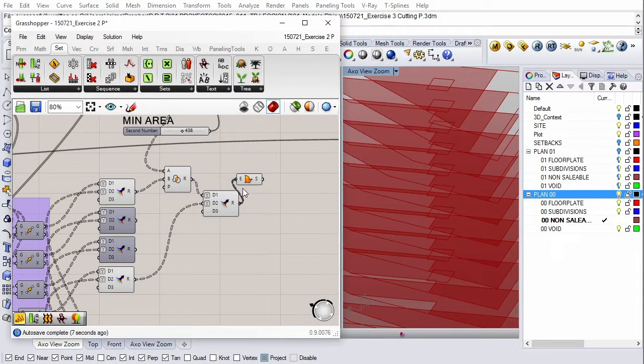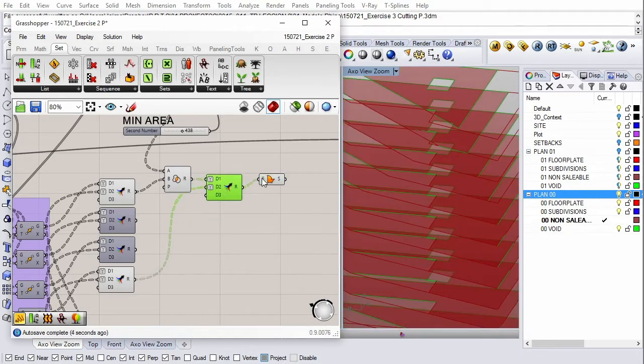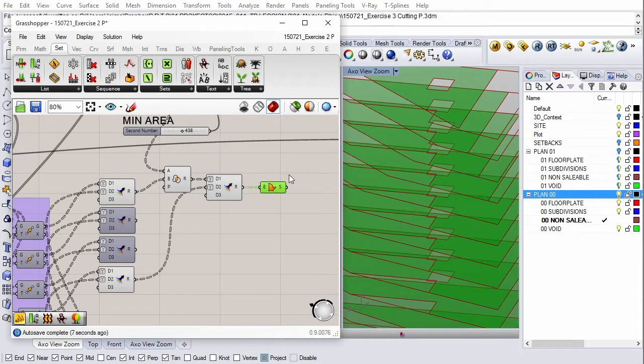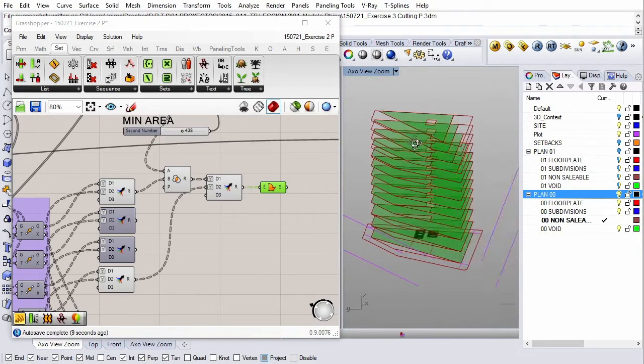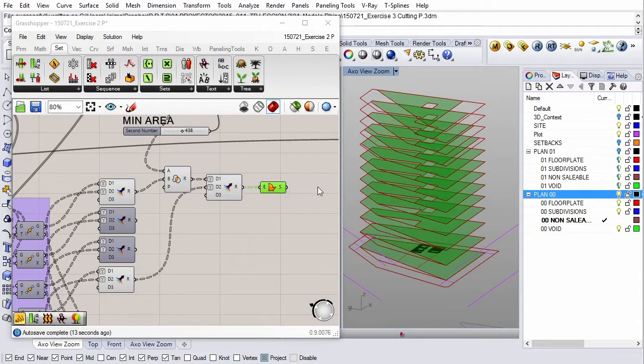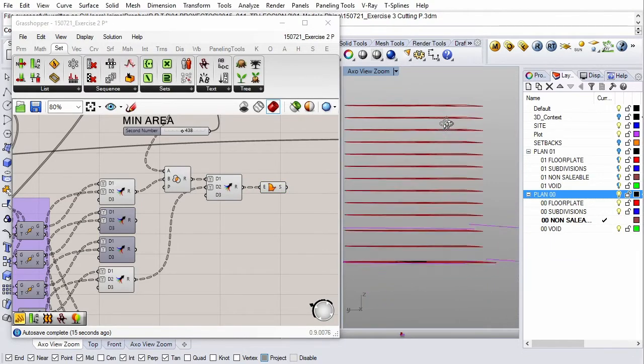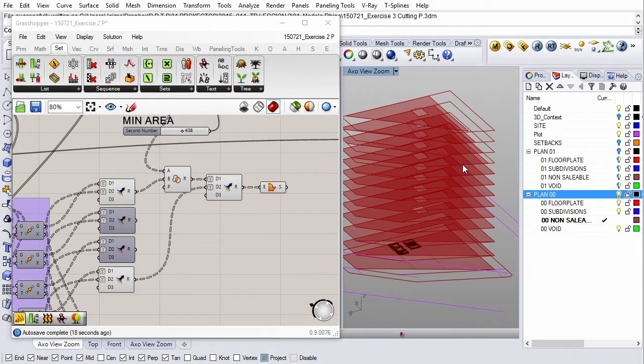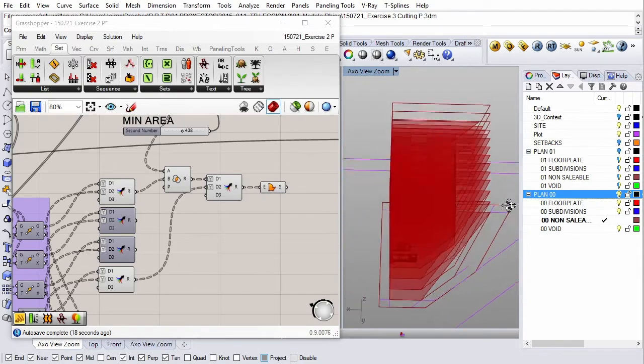So when you do that, it creates a surface with the voids cut into it. Now that's a very simple representation in terms of area for our sketch.